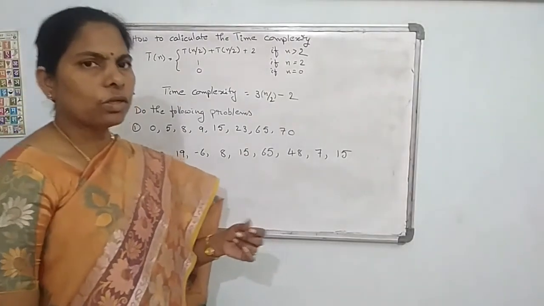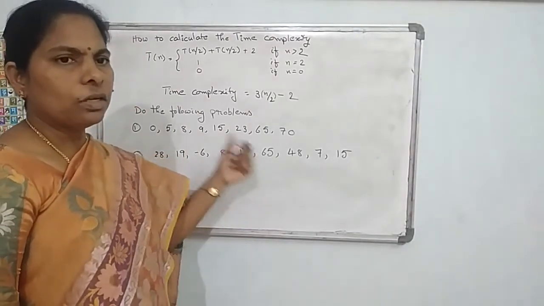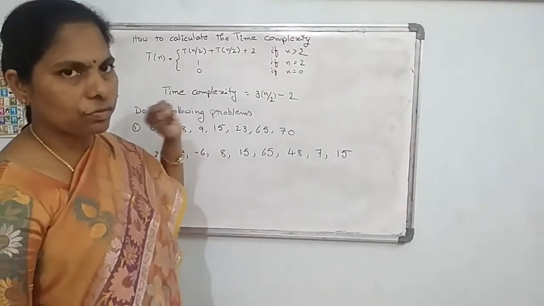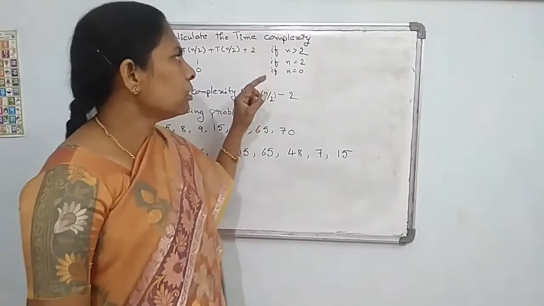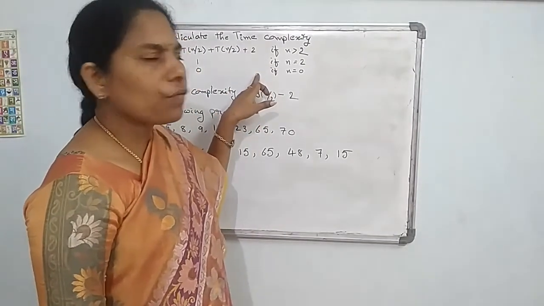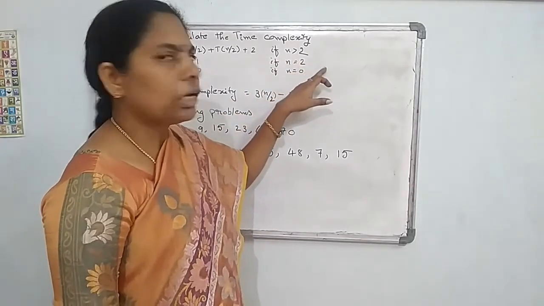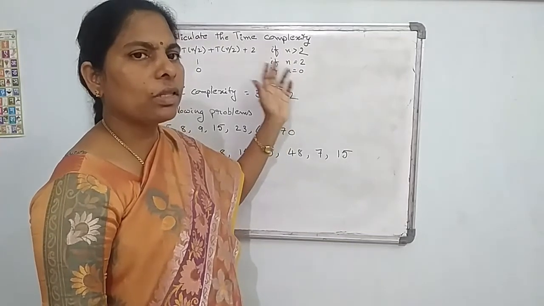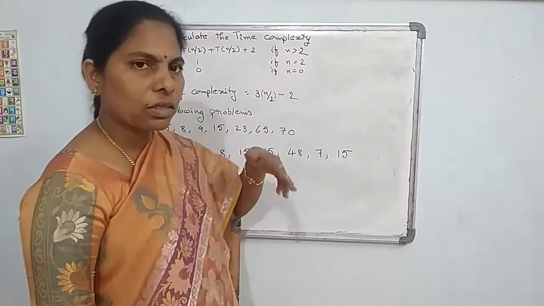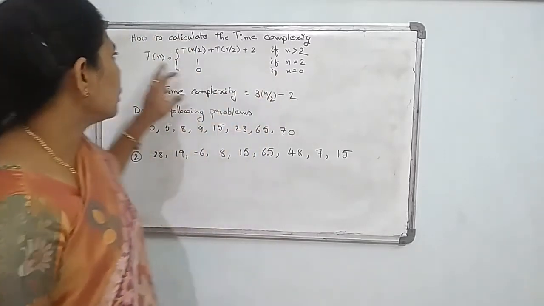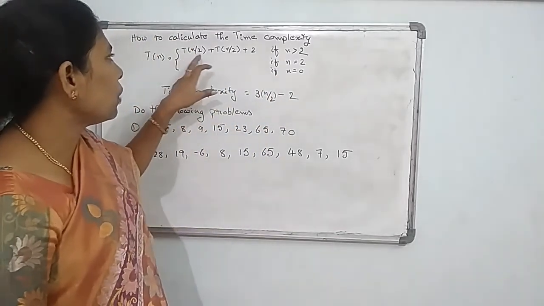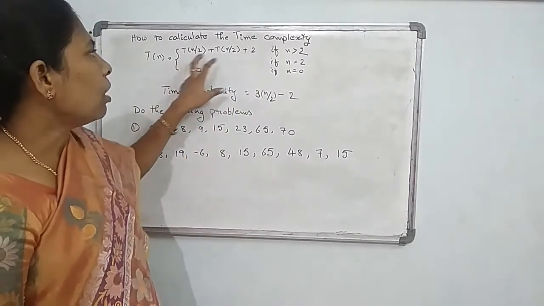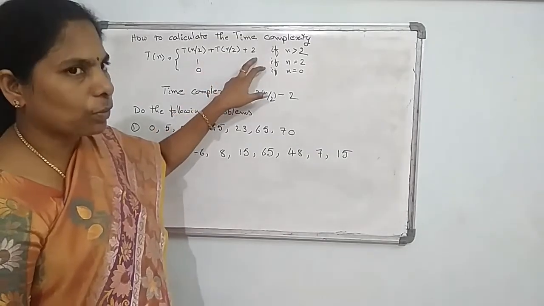Okay, now we will discuss the complexity of the maximum and minimum. Now how to calculate the time complexity of this one. So in that, if the number of elements is greater than 2, then you can divide the entire array into subparts. Again you can divide the subparts into other subparts. So depending on that, the time complexity T of n equals T of n by 2 plus T of n by 2 plus 2. That means you are dividing into halves. After that you can find out the maximum element.